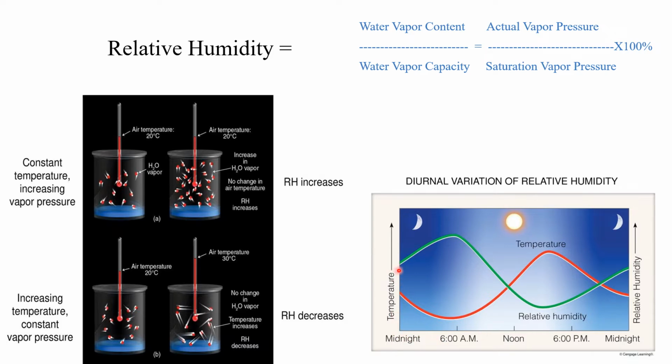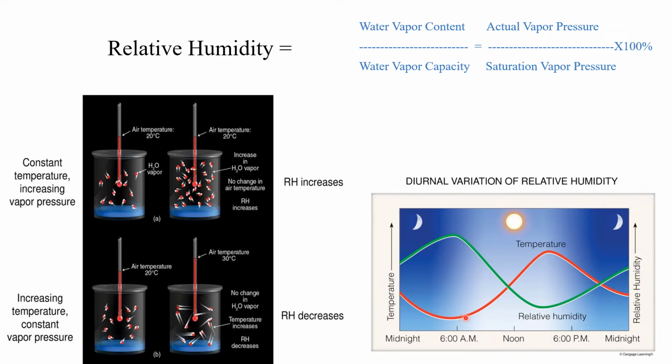So in the morning we know that it started with the midnight. So at midnight our temperature is here, relative humidity is here. From midnight to the morning our temperature becomes lowest. You see the relative humidity is highest in the morning because the temperature is lowest. As